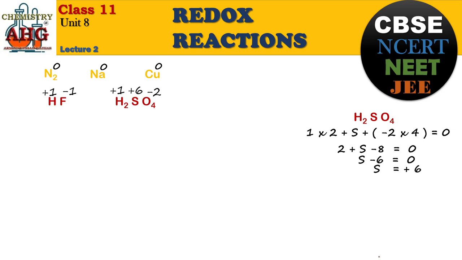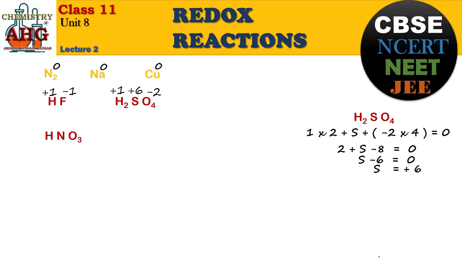I'm going to solve some more examples for you just to brush up your skills for finding oxidation number or oxidation state of an element without taking the help of any rules. Okay, you can pause the video, just make up your mind, try to predict, try to guess what is the oxidation number, what is the oxidation state of each element in nitric acid. Okay students, if you have predicted, I'm going to explain how to find in this case.